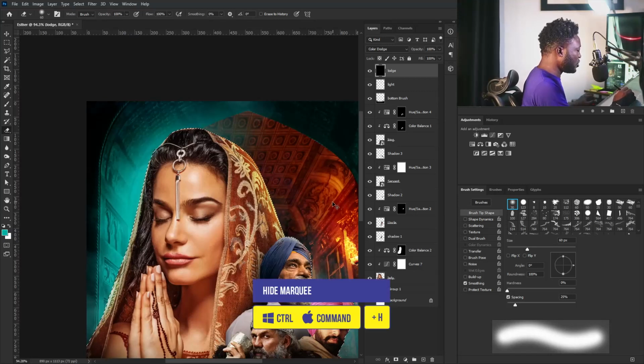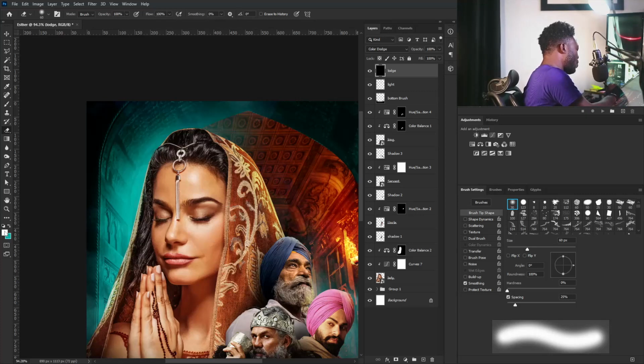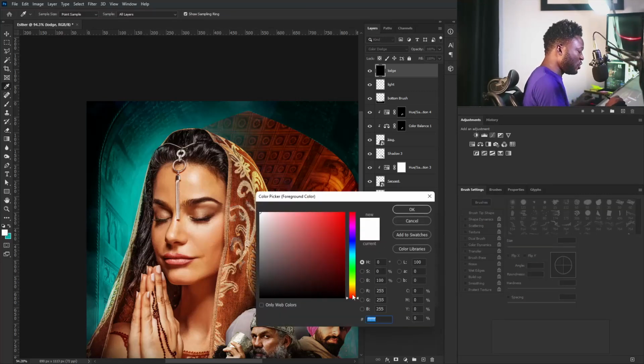All right, now let's see if we still have our marquee active. So I'm going to hit Control H. All right, we still have it here. So it means Control H is what you're going to use to hide the marquee and make it visible. So now we still have it. So I'm going to hit Control H again to hide it, and I'm going to switch to white here, and then I'm going to change